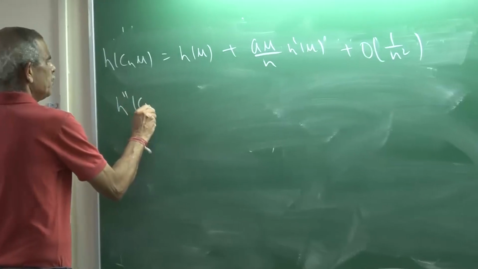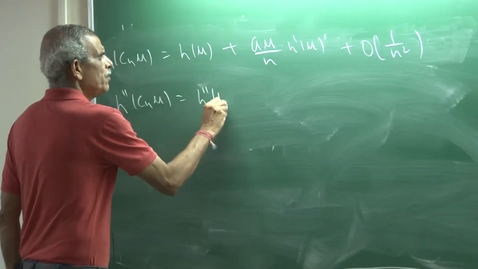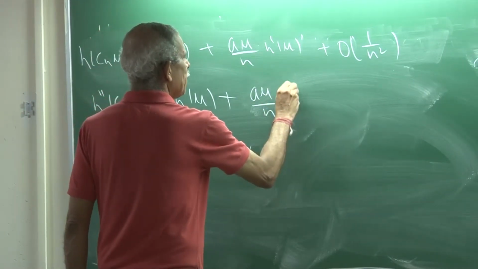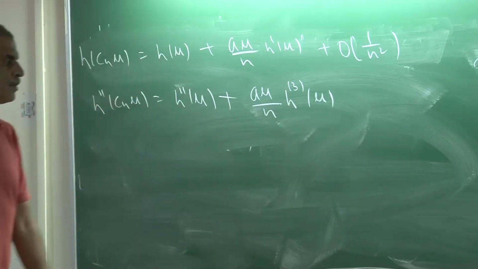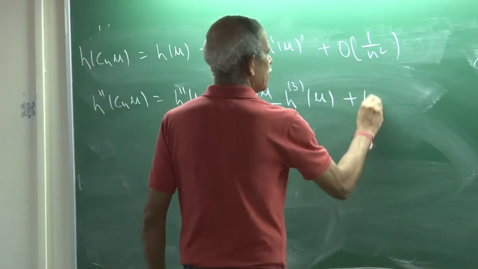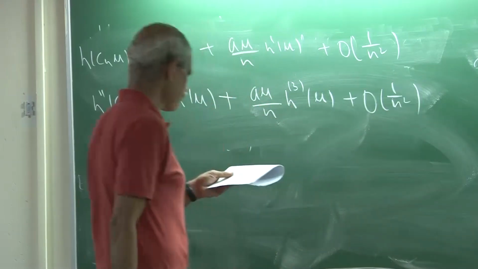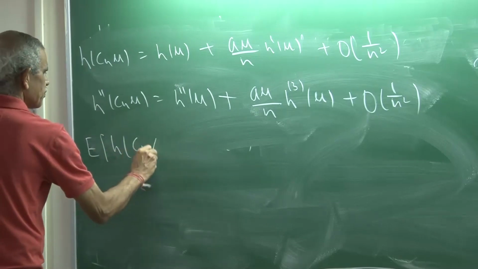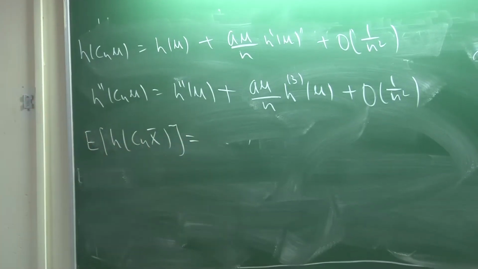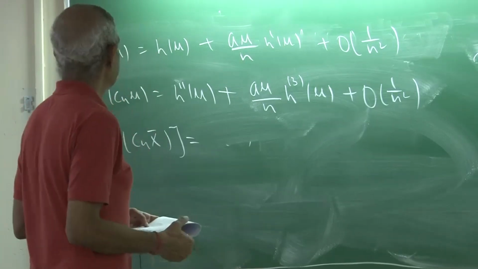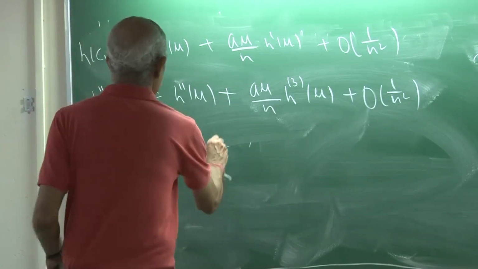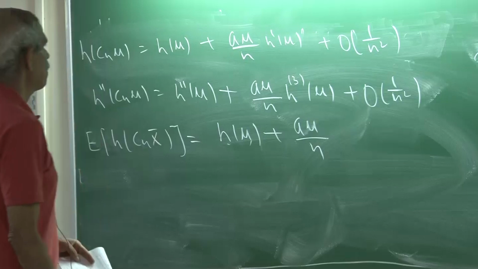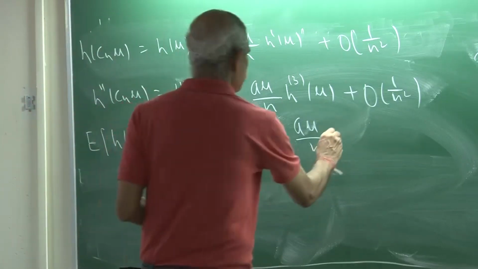h double prime Cn mu would be h double prime mu plus a mu upon n h triple prime mu plus little o 1 upon n square. So what do you get? So expected value of h of Cn x bar turns out to be h of Cn mu, which is same as h of mu plus a mu by n h prime mu